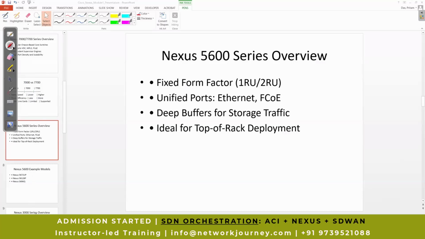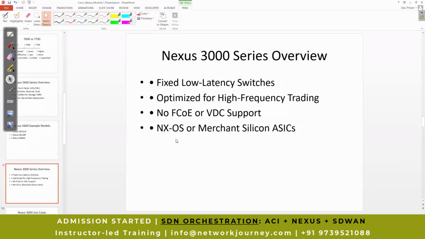Okay, so then let's move on to this particular slide here. The 3000 series switch. The Nexus 3000 is a little bit peculiar, which is specially built for ultra low latency applications. For example, you will often see these switches used in trading,